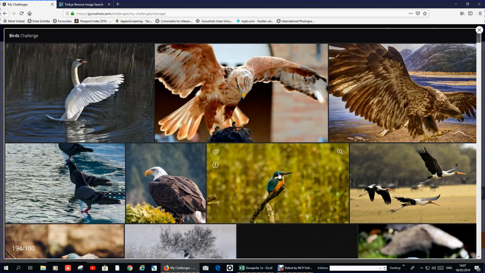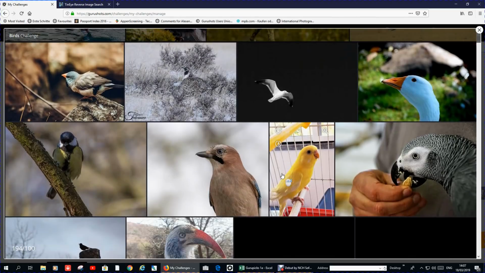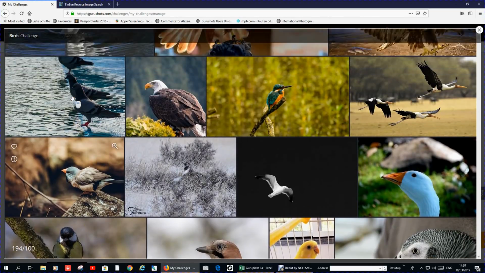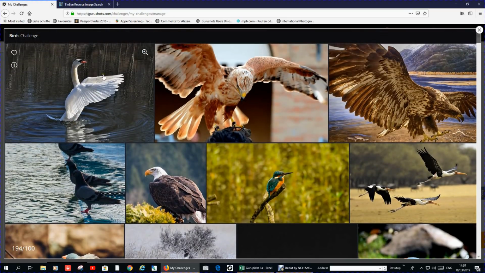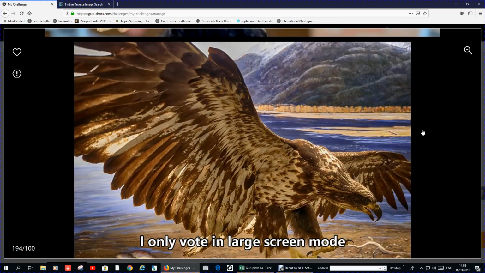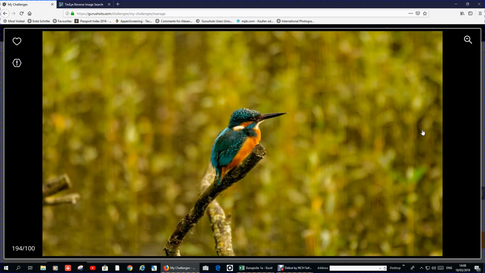Because, for example, like here, I see a photo I like. I see maybe another photo which I like. But then we'll see what happens when we put the large screen mode. So I'm going to press this button, and I'm going to start going through each photo, one photo per second, more or less. So I'm clicking down, down, next. Next. Okay, here's the photo which I had liked, but you see when I go in large screen mode,